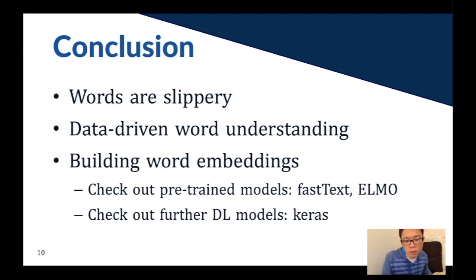You can take existing pre-trained models, like the one that we used with fastText, also ELMo, or any of the common models that have pre-trained versions. Then you can check out other deep learning models in Keras. You can check out the COVID-19 data and the environments that are set up for you in Kaggle.